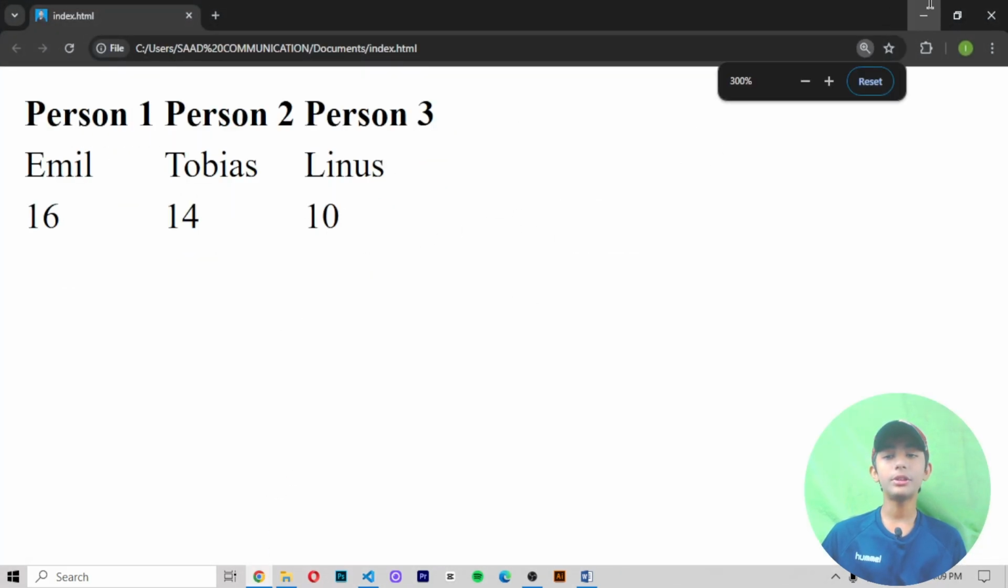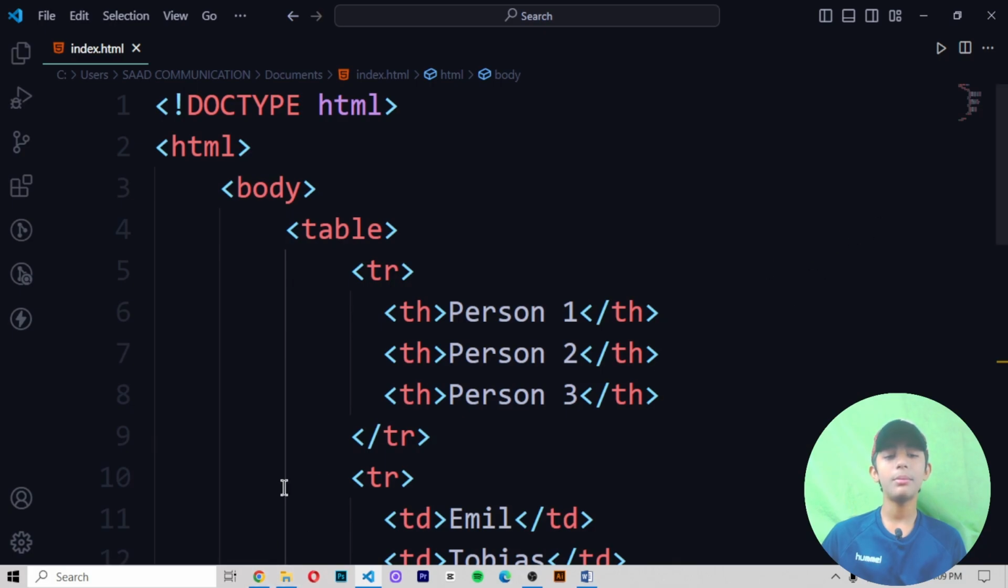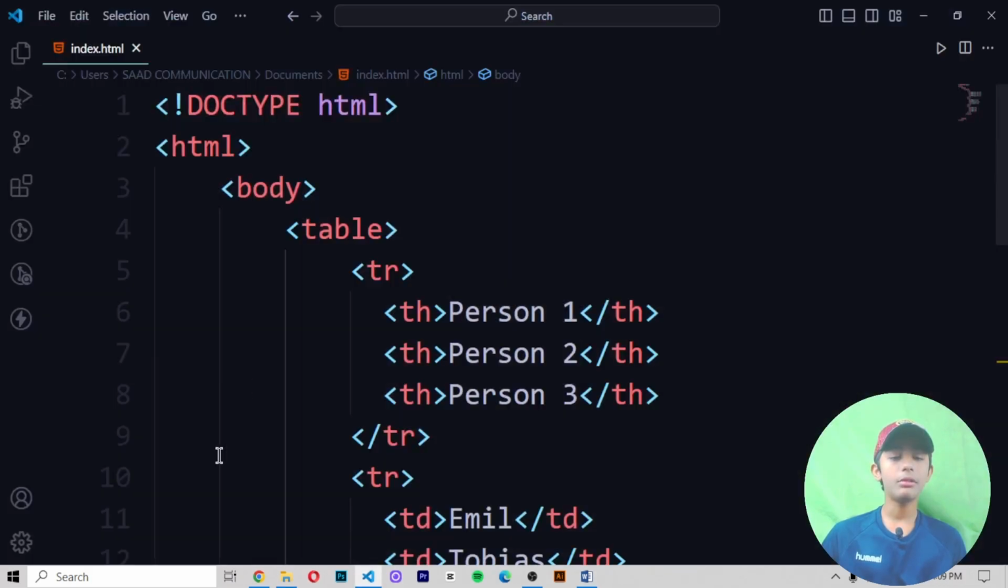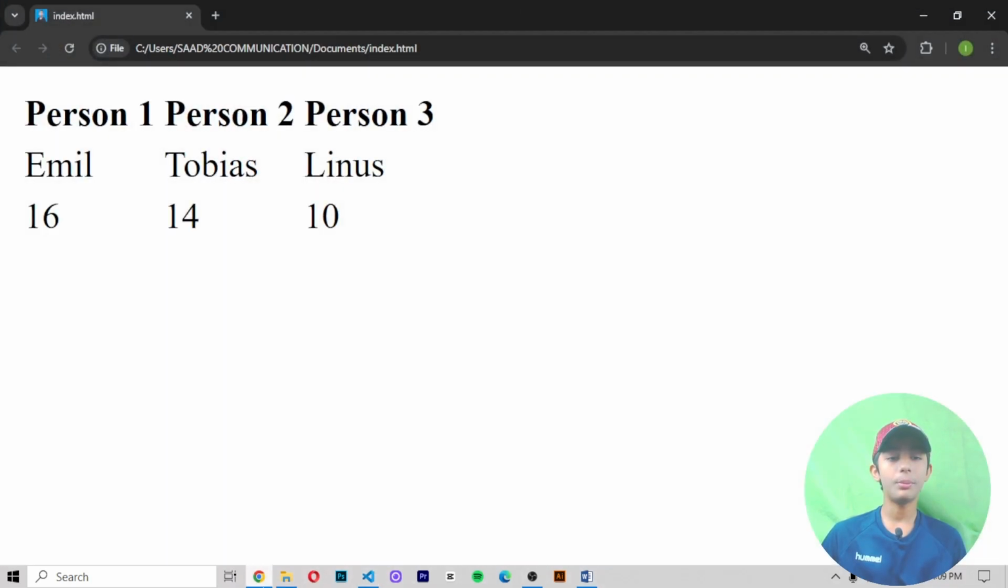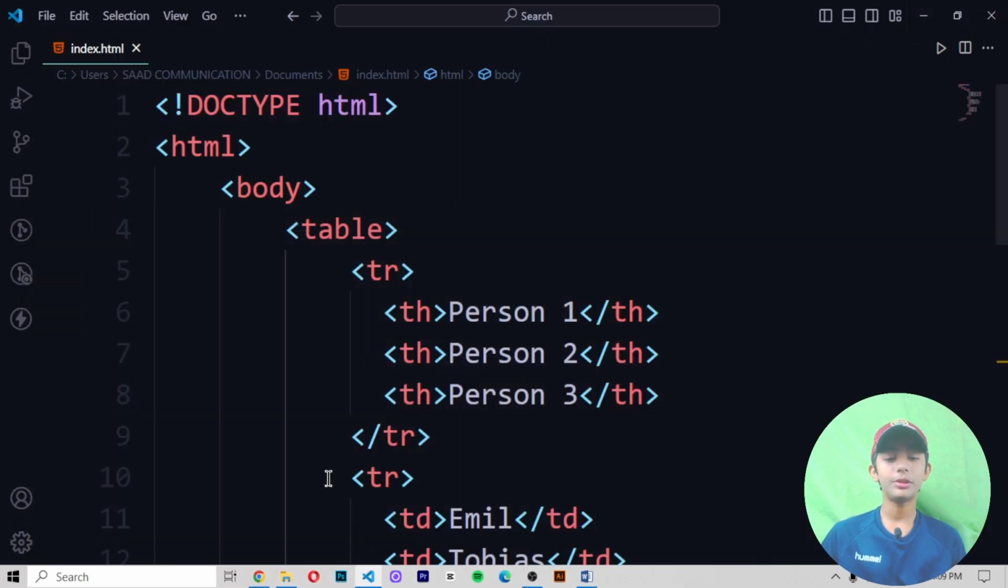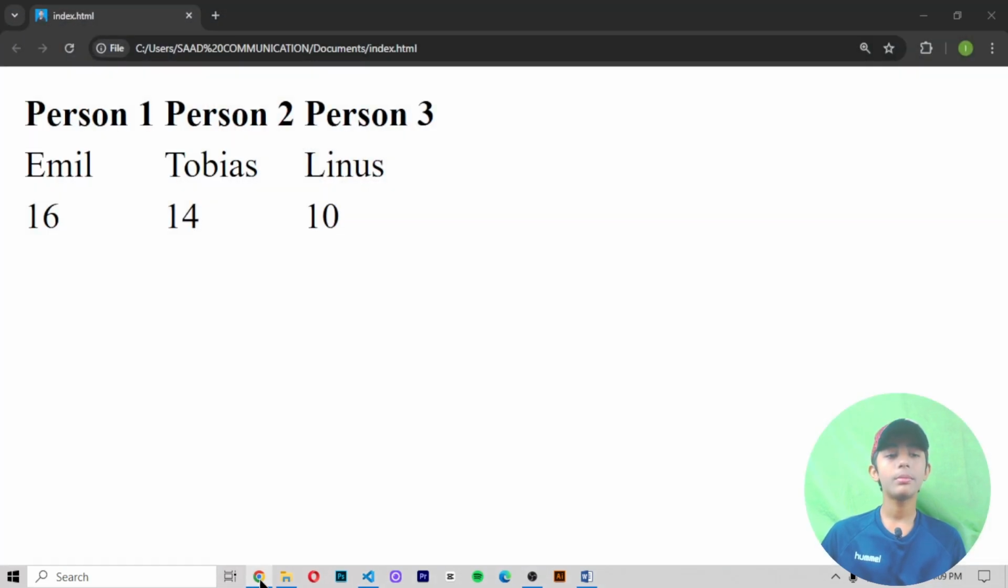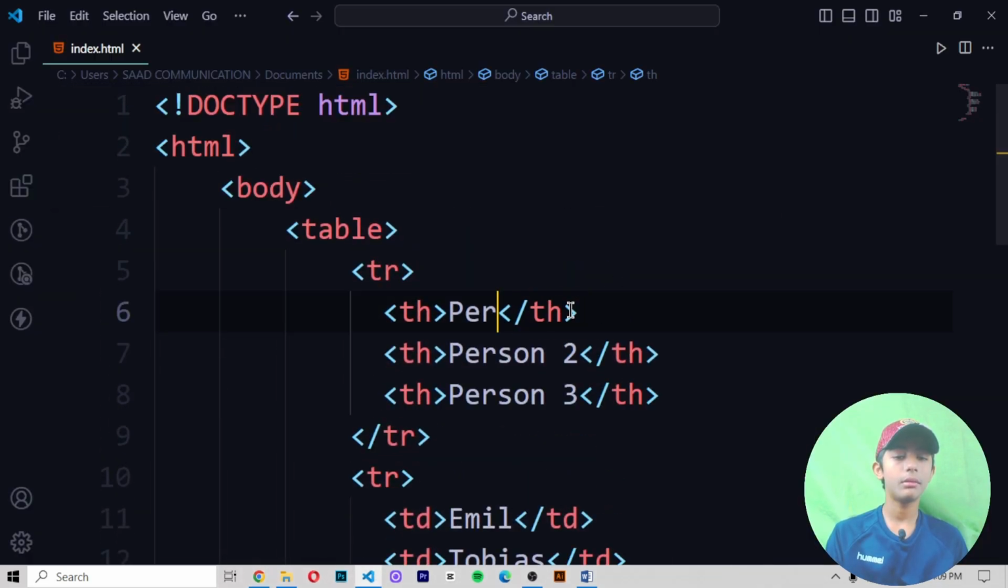The th tag helps us give the table heading. Th means table heading. Now you can write here person 1, person 2, person 3 and make a table like this. Or you can write name,